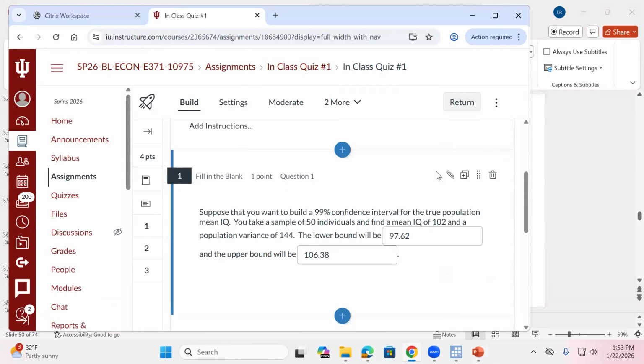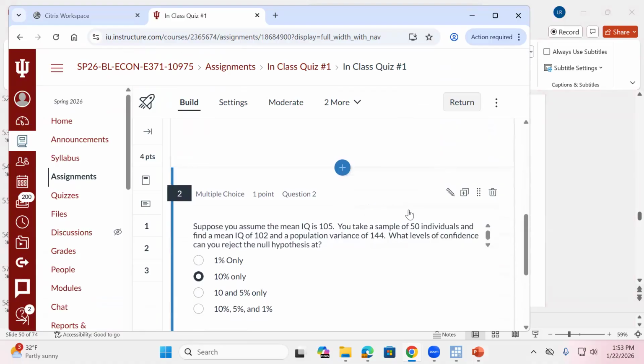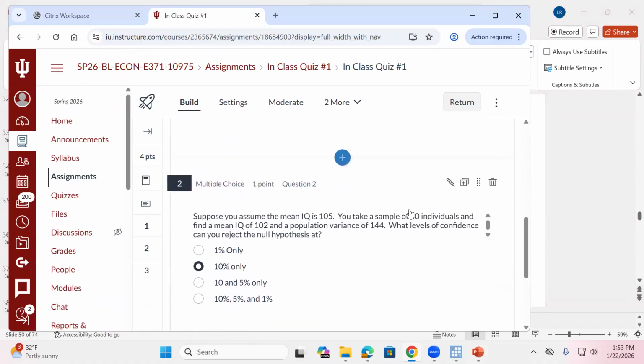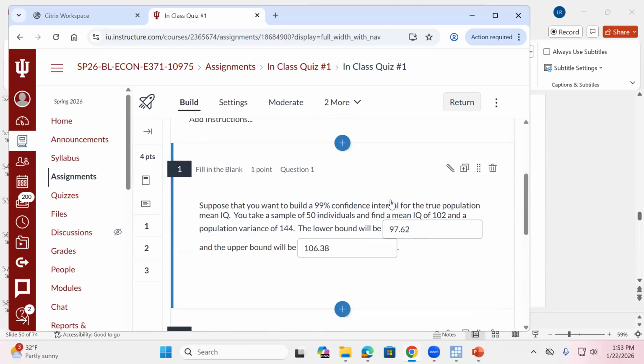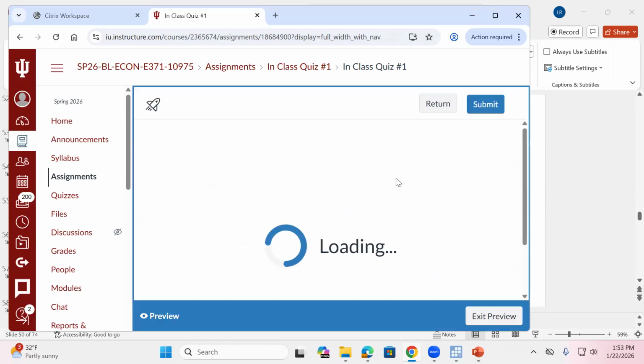So if we're looking at these questions, these are covering confidence intervals. We haven't talked about that yet, right? So what I'm going to do, actually, I should have had this set up a little bit differently, but I'll change this moving forward. You can see what these values should be, right? So if I preview this,